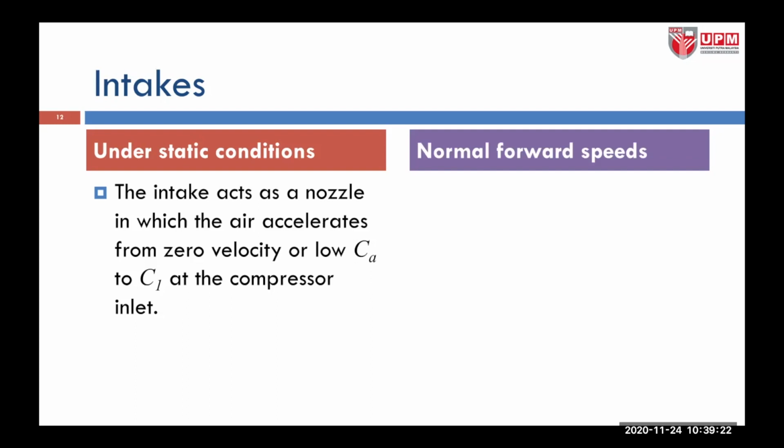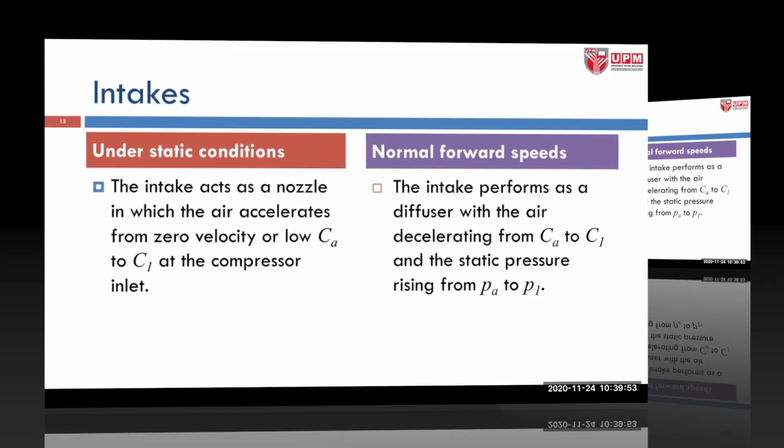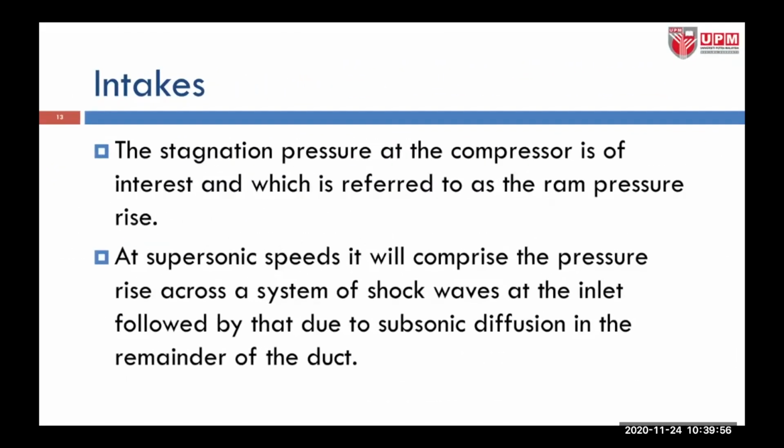Whereas for normal forward speed, the intake performs as a diffuser, right? The air goes into a duct, decelerating from CA to C1. Under static condition, air accelerates from 0 to CA or from CA to C1, whereas in normal forward speed, the air decelerates from CA to C1 and the static pressure rises from PA to P1. Okay, so the stagnation pressure at the compressor is of interest, and it is referred to as